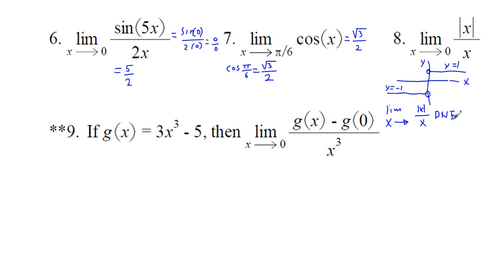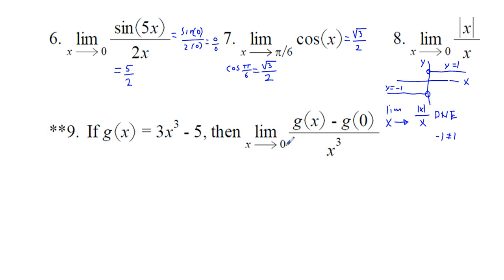And why does it not exist? Because if we look at our earlier note card, I believe it was note card 2, the left-hand limit has to equal the right-hand limit for a limit to exist. And we see that the -1 is not equal to 1, therefore the limit does not exist. The last one we'll look at, 9, if g of x equals 3x cubed minus 5,